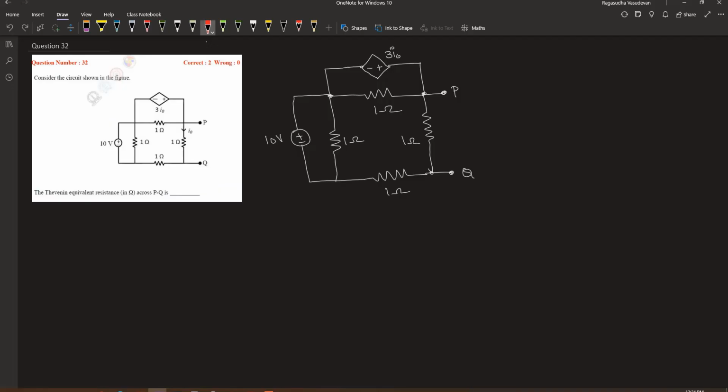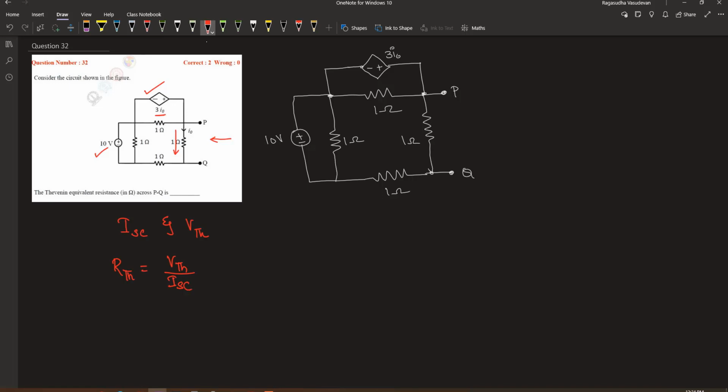In this problem, the Thevenin equivalent resistance across the terminals P and Q is asked. When we look at the network from this perspective, we have one dependent source and one independent source. This dependent source depends on the current that is passing through this resistor. So in such a scenario, we can't just nullify the sources and then find the resistance. So we will first find the short circuit current and the Thevenin equivalent voltage, whereby we can find RTh by VTh divided by the short circuit current.